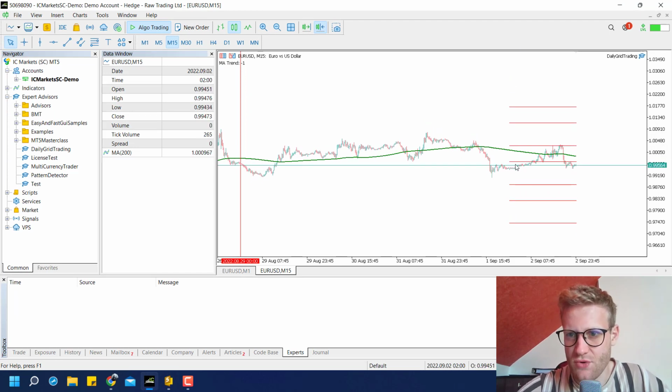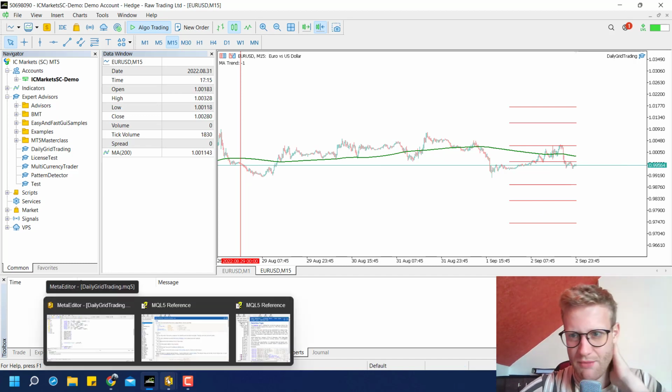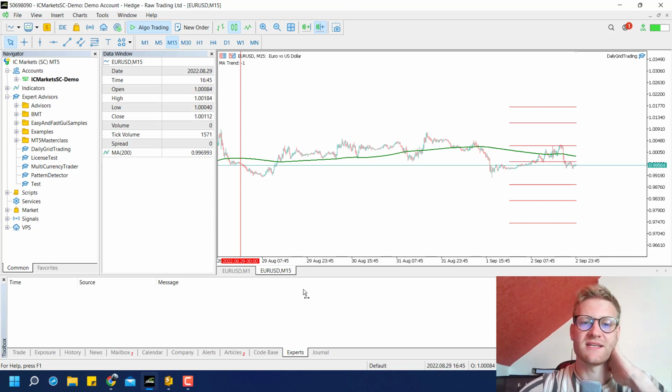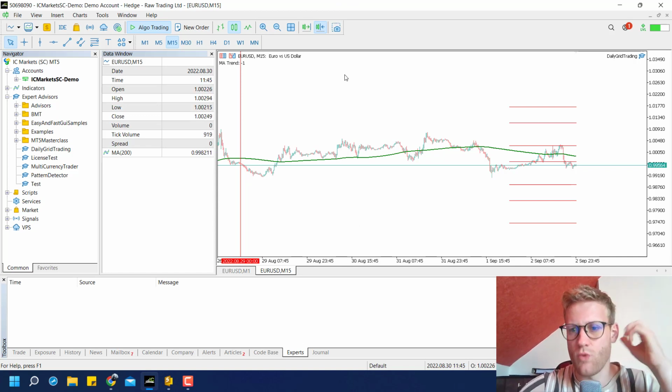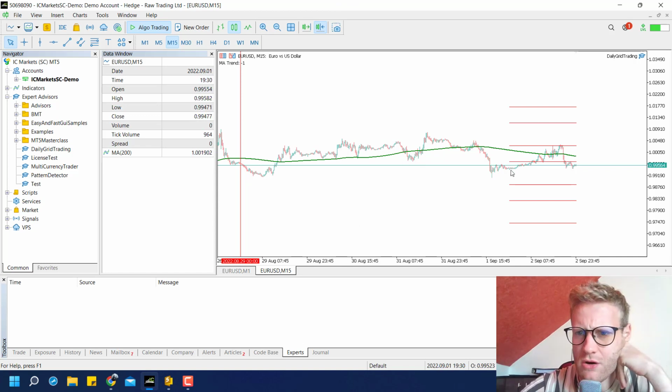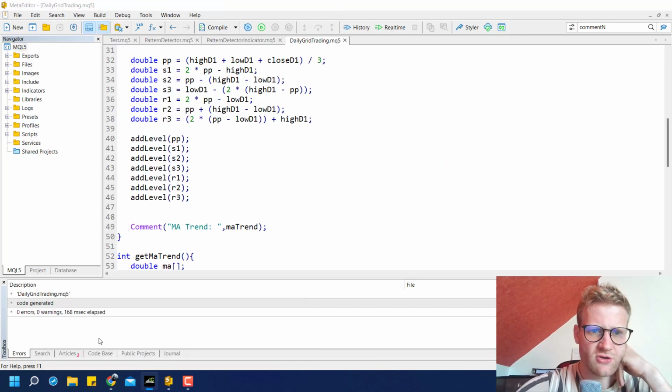So now we have several levels here, and I think this should be the pivot, this should be the resistance levels, and this should be the support levels, if I'm not messing up the order. But as we can see, this seems to work. So we already put the levels into the chart here. And this is not looking super sexy